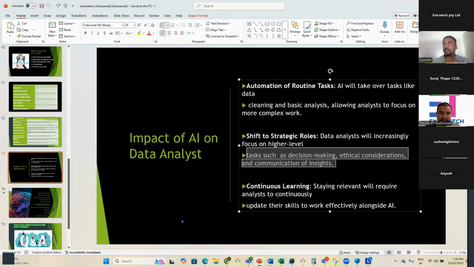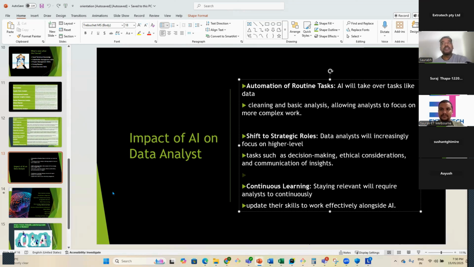So as I said, AI will support you to do your job, but it cannot take a data analyst's job. One of the key reasons is it cannot take decisions on your behalf, and also ethical considerations. Another thing is with AI, you're not sure whether data will be safe or not, because data is very important to keep your privacy. You saw there was a data hack that happened for Australia Super. So one of the key things, if we use AI for data analysis, is: is our data safe? That's the biggest question for companies. And data privacy is very strong in Australia. So that's why AI will not impact data analyst jobs too much.